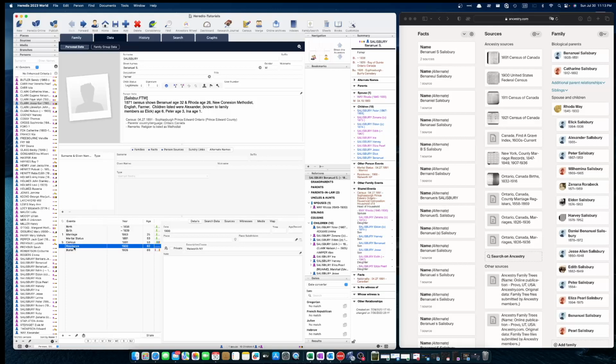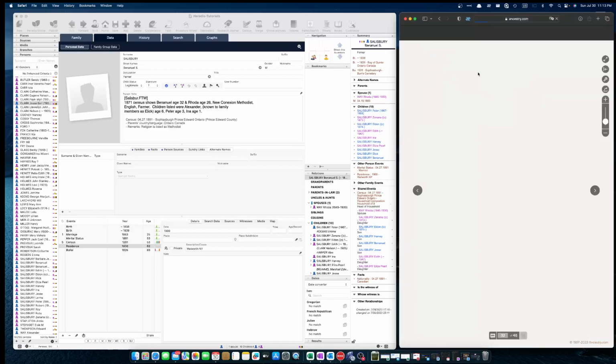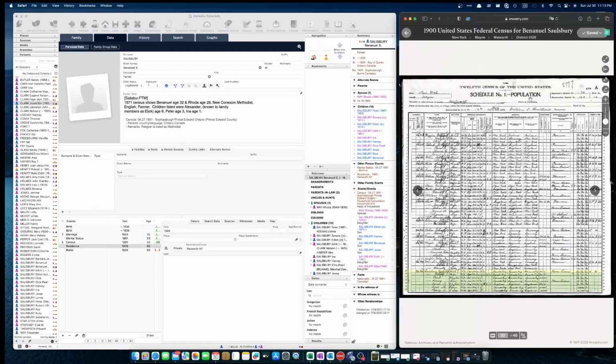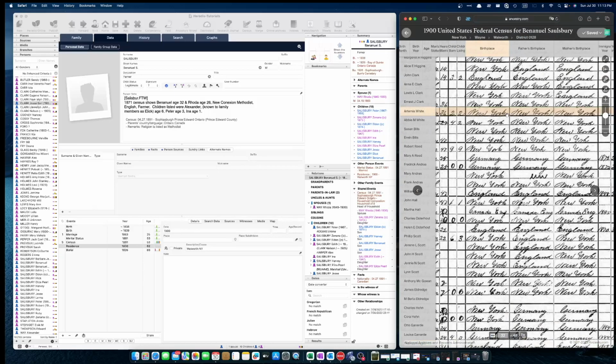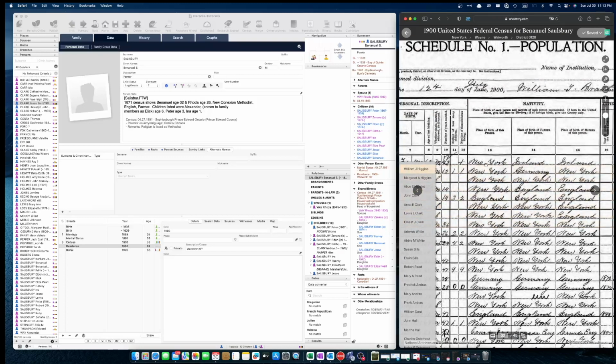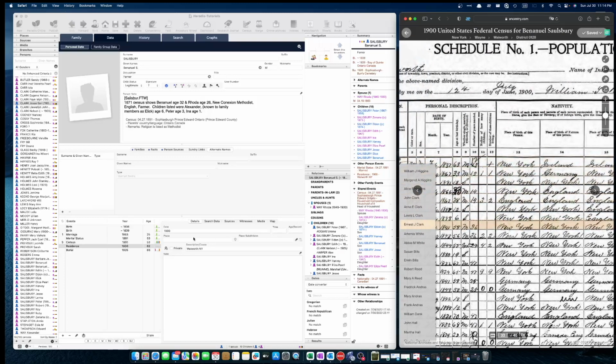So this is what I have done to get these things connected. First, I'm going to go in here and correct the date for this particular census. So I need to look at the image and find out that date, because as I said, I like to be consistent. On July 12th,